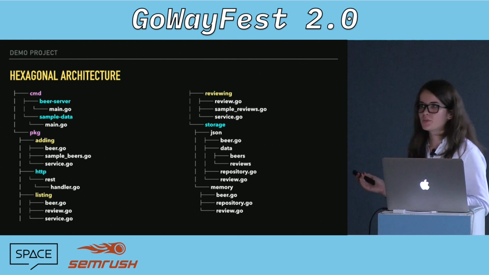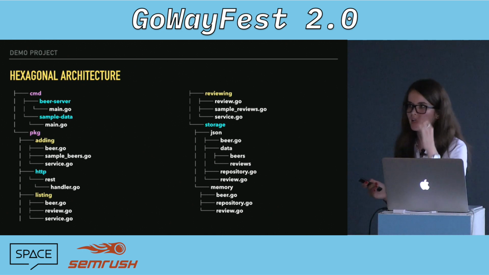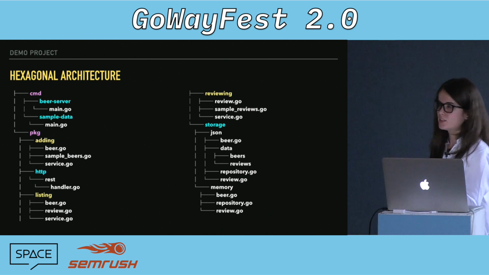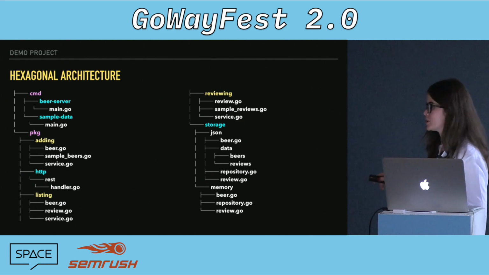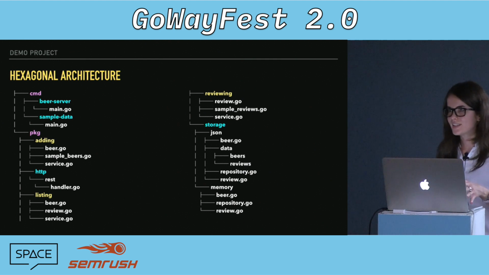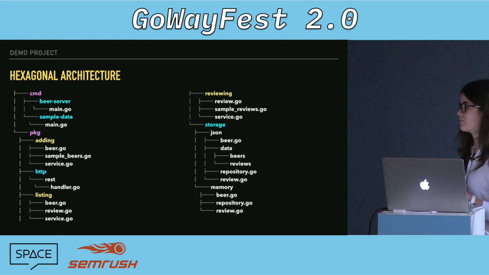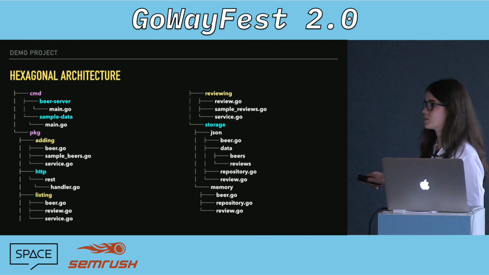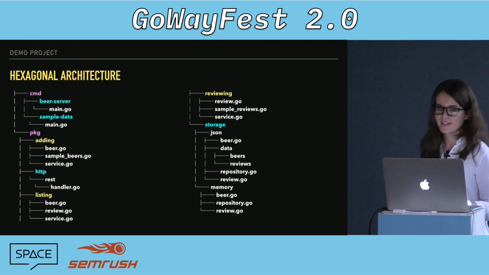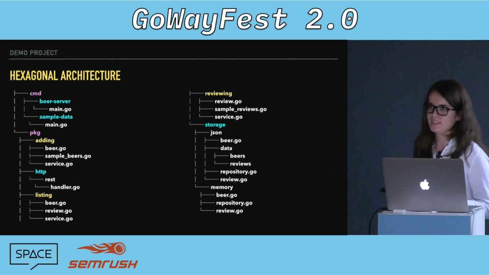Essentially, CMD is where you put the binaries in your application. So you separate the binaries from the rest of your code. And then if your project has a lot of non-Go files, you can put all the Go code in your packages inside a top-level directory, which is abbreviated PKG. So PKG stands for packages. Again, I want to stress that if your project has a lot of non-Go files, you might consider putting that in, but you don't have to. If your app is fairly small and doesn't have much other than Go code, you don't have to put it in. It's completely optional. All of it is completely optional. It's a trend, but I think the CMD package especially is a bit of a standard these days.